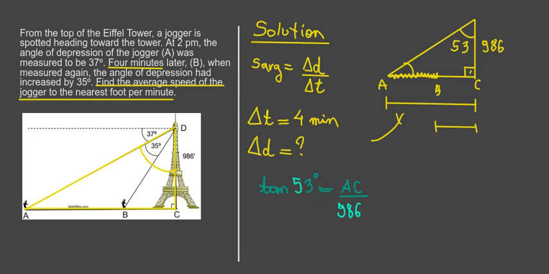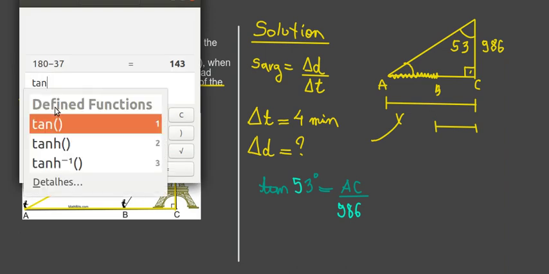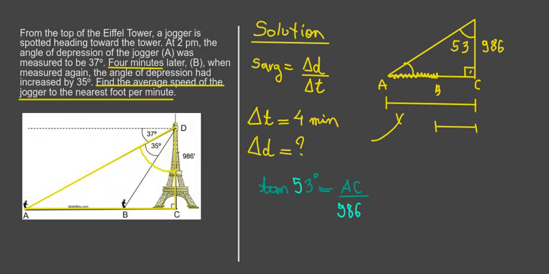So the tangent of 50 degrees is approximately 1.327. And then by multiplying both sides by 986, we find that AC